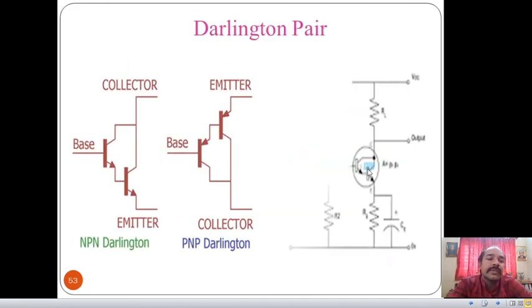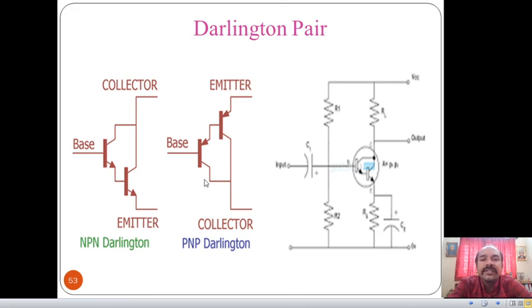So here is the Darlington pair. When we give the input current to this base, it generates output current. Here is the collector current. The same collector current flows at the emitter, meaning IC is equal to IE. The same IE flows as base current to transistor Q2, which generates the output current, that is IC2. Then IC2 is nearly equal to IE2. Here comes the final output current.